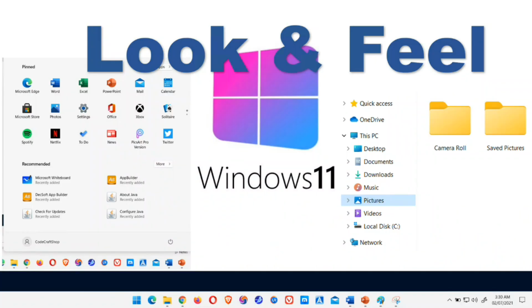So the first feature which I am going to explain is about look and feel. With Windows 11, the look and feel of Windows has been changed. If you can see, the start icon has been shifted in the center. Earlier it was at the leftmost corner, and along with this the icons has been centrally aligned, so this gives a much more better look, and this is similar to whatever we see in the Apple devices like MacBook